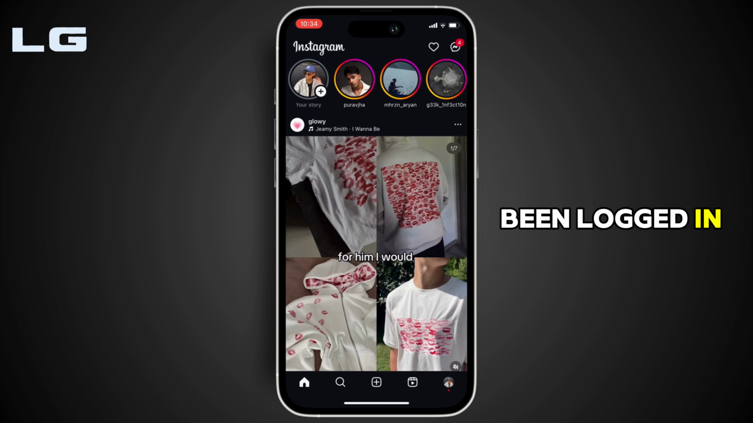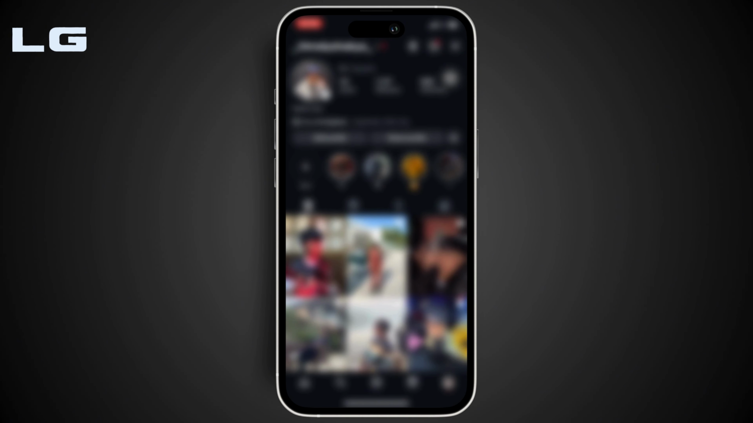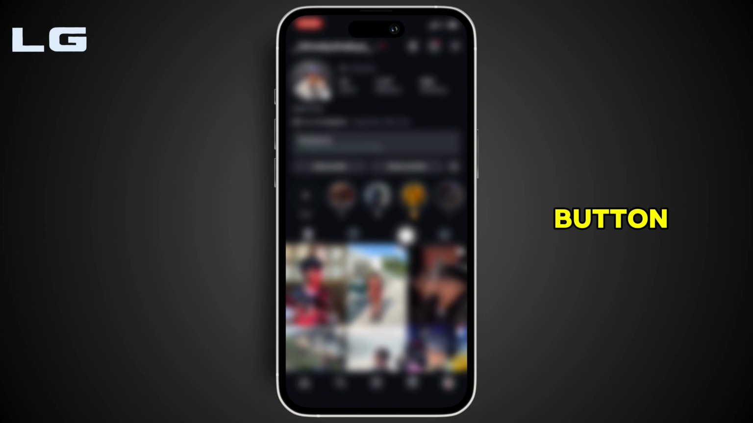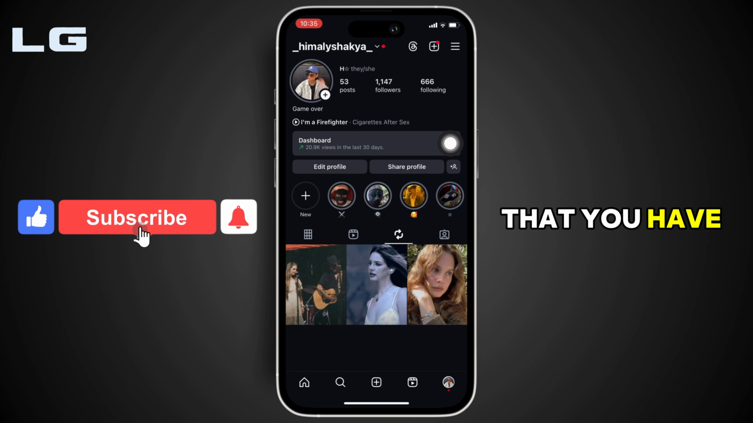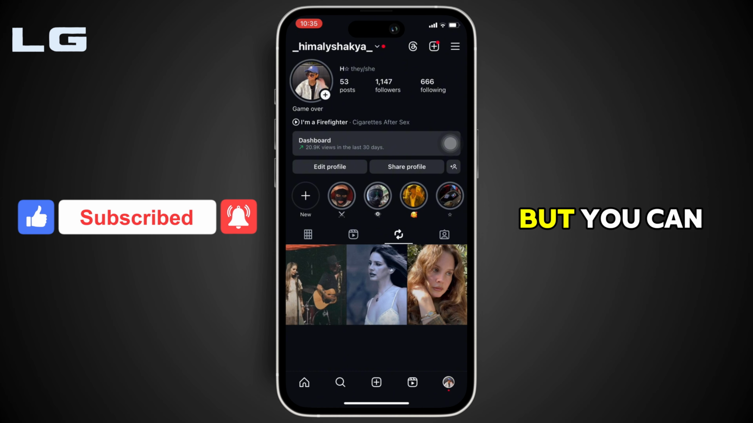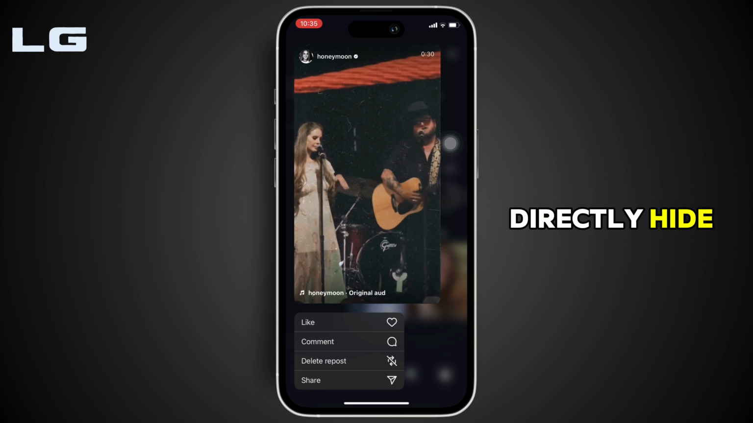Once you have been logged in, now head over to your profile section at the bottom right corner of the screen. And then you'll see the repost button. Click on it. You will be able to see all of the posts that you have reposted on Instagram. But you can see that there is no feature or option where you can directly hide your repost